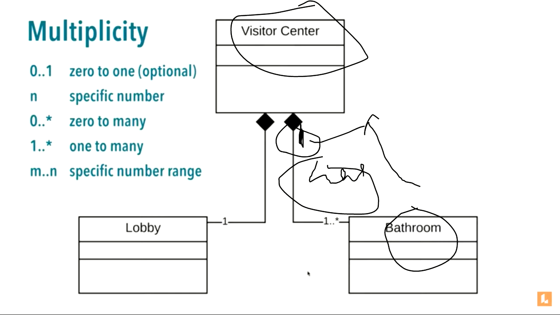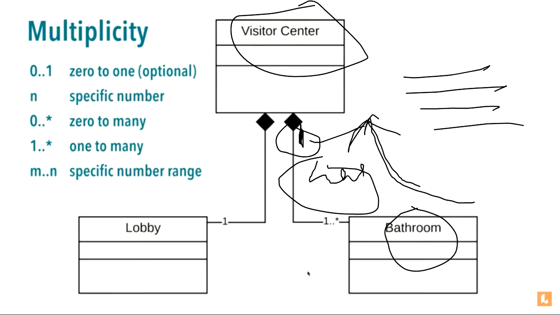But now, because you will get only statements, like you will get case studies in the exam, you have to draw the diagram from the case study. So read it like this only. Make it a habit to read like this. So reading diagrams from case studies will be easier. Otherwise you can get confused. Okay, bathroom has one visitor center. Fine. So this was all about multiplicity. We will see a lot of examples here. It will be clear with more examples.